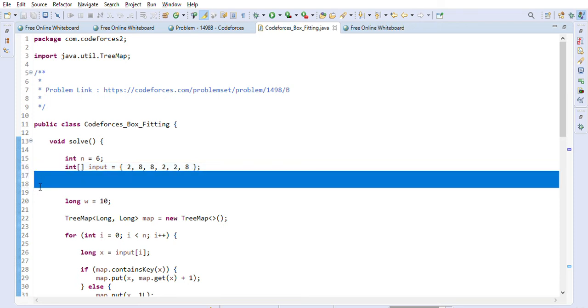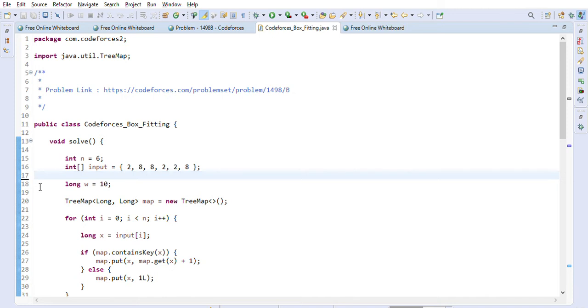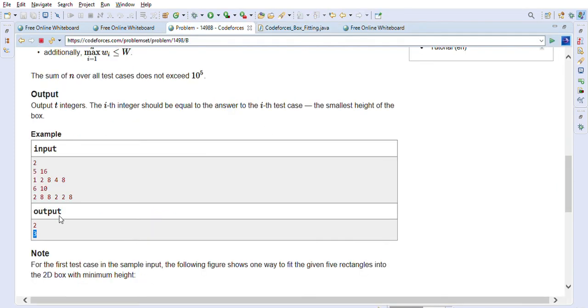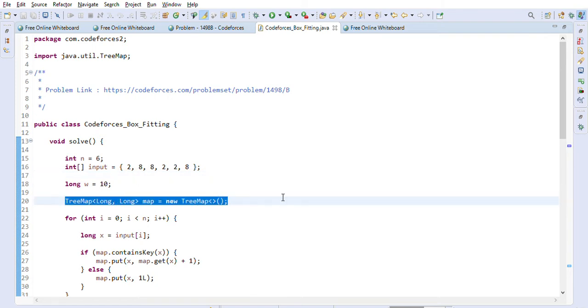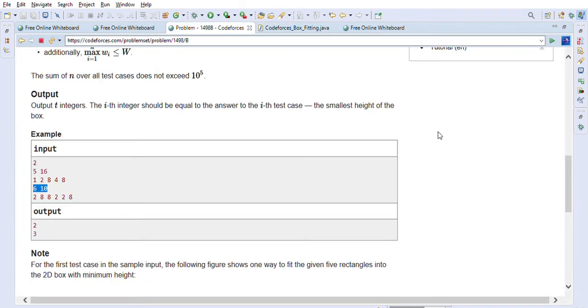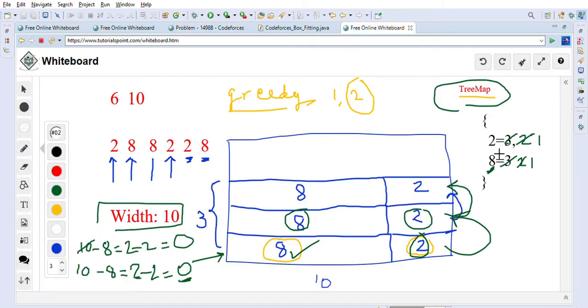Then width 10, this is also given to us, right? As you can see here in the example, 6 and 10 are given, and then this 288228 array is also given to us. After that we will create a tree map, and this is a frequency map, as I showed you here, right? So we will first create a frequency map from this array.